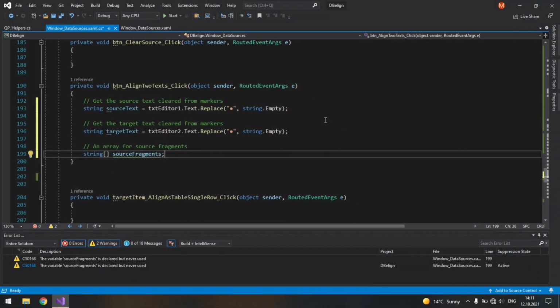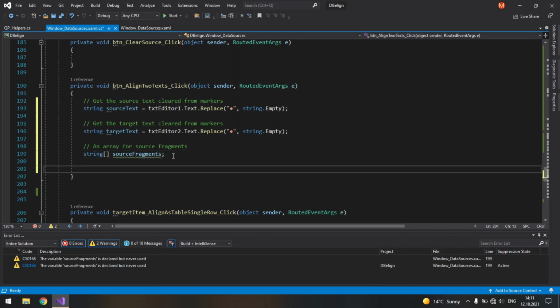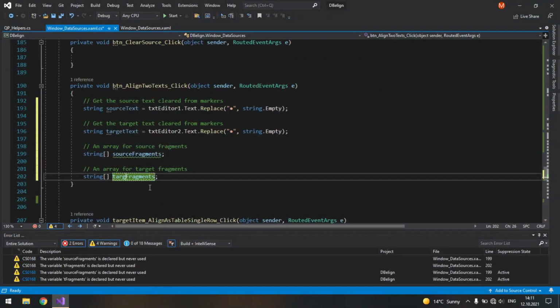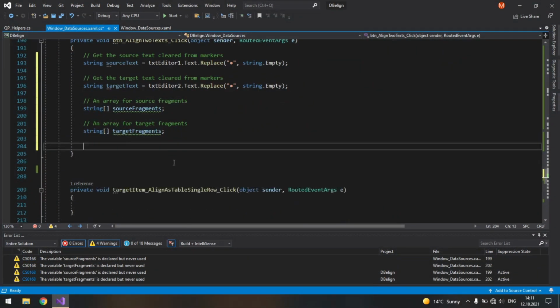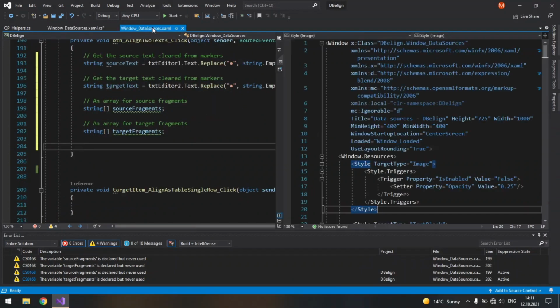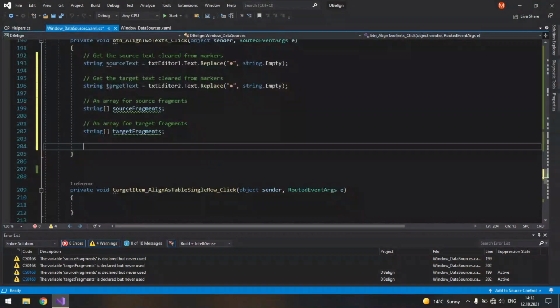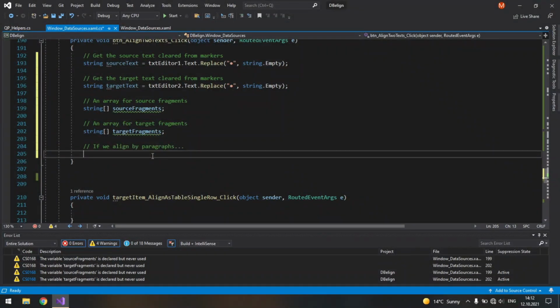I don't type sentences because we can actually have paragraphs, sentences, or words. So then we will have an array for target fragments. And then we check. Well, first of all, before we move forward, we need to define what kind of fragmentation we need. So paragraphs, sentences, or words. So we will check. If we align by paragraphs, a slightly different technique is used for each of them, and